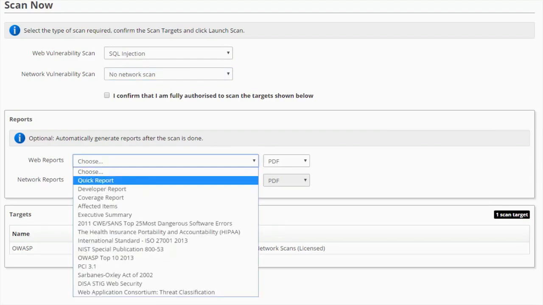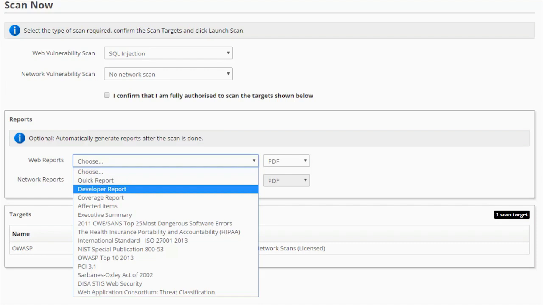Feel free, guys, to play with all those different reports. I like the developer report one because that one is ready to give to the developer, and we can give him all the POST, GET, and request details so that they can understand the vulnerabilities. Okay,